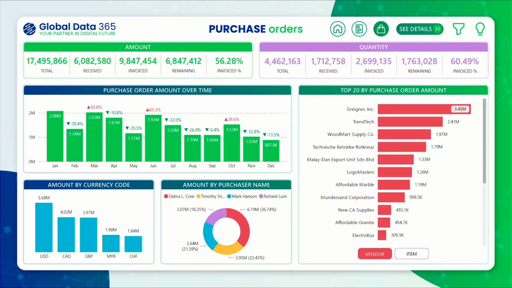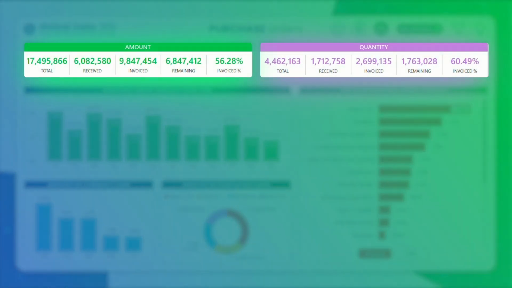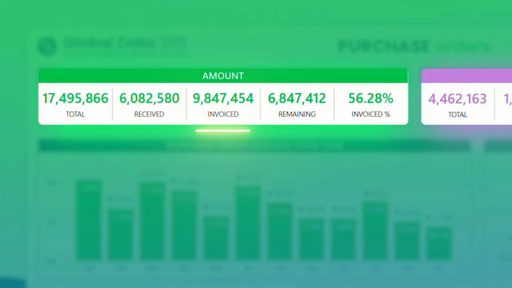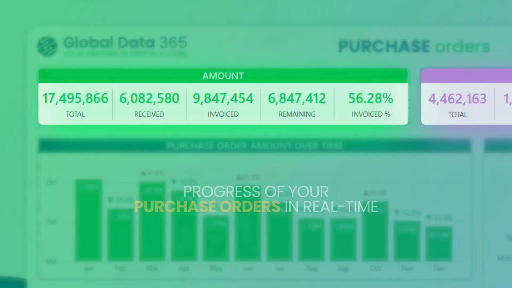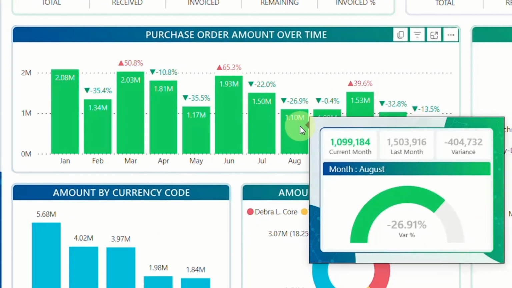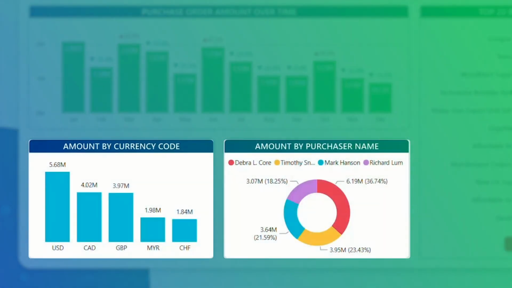In Purchase Orders page, you'll find amount and quantity KPIs, which are distributed over various stages including total, received, invoiced, remaining, and invoiced percent to track the status and progress of your purchase orders in real time. Track your monthly purchase order amount and their variances, amount by currency code and amount by purchaser name to analyze